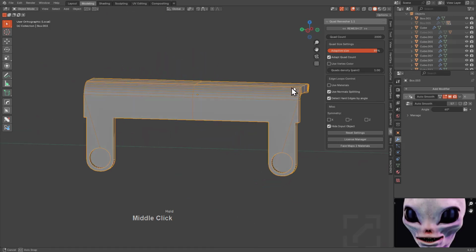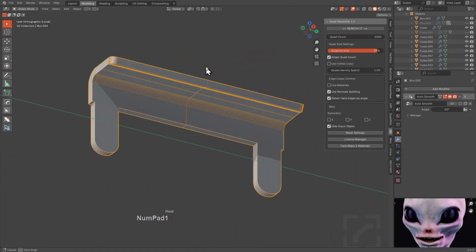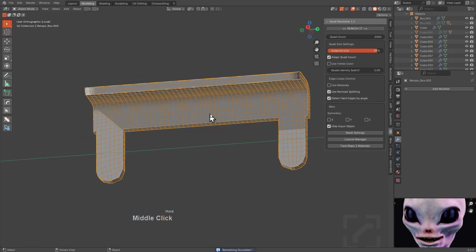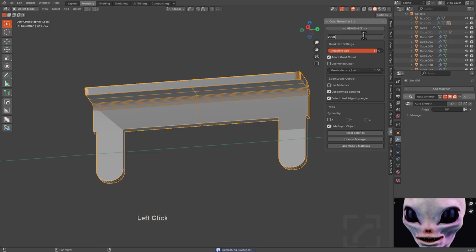So let's look at this baby. You remember this part? Real quick, in and out. We hit it with a remesh, and it's done. Let's give that something lower, because I really do want like 300. Maybe I don't. Let's say 600.